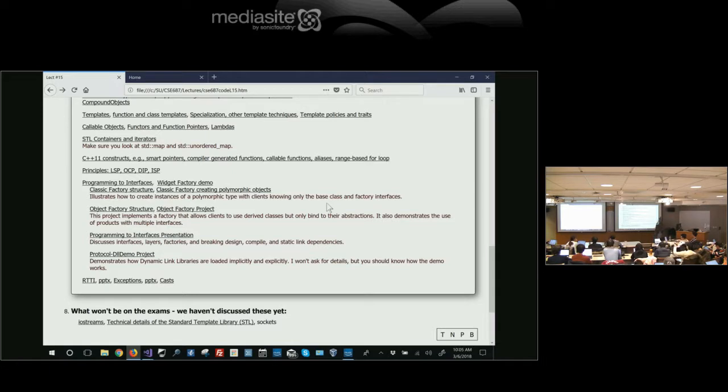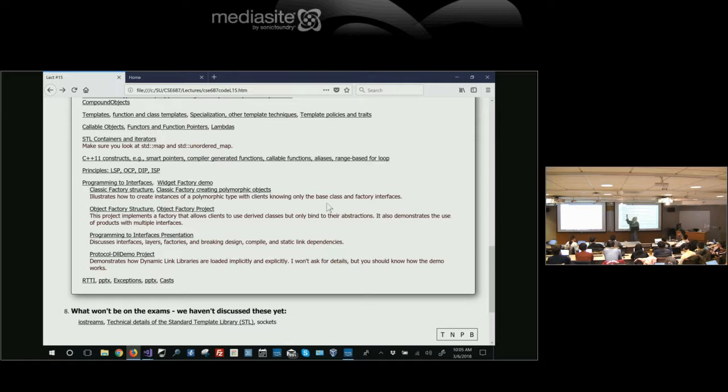Where is it appropriate? Understand that LSP is quite specific. It has to do with inheritance and polymorphic operations. DIP, the dependency inversion principle, is quite specific. It has to do with using interfaces and object factories. The interface segregation principle is quite specific. It's all about not making big, huge interfaces that clients only use a part of, because that is very likely to cause you to have to change those clients if you change the interface.